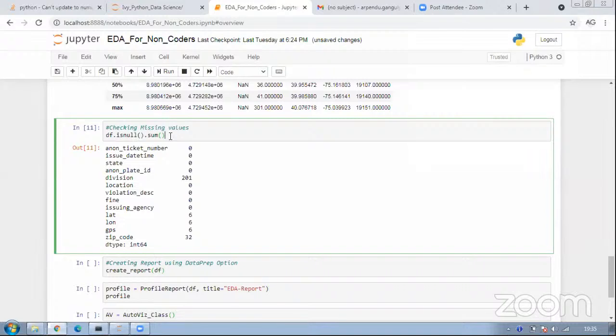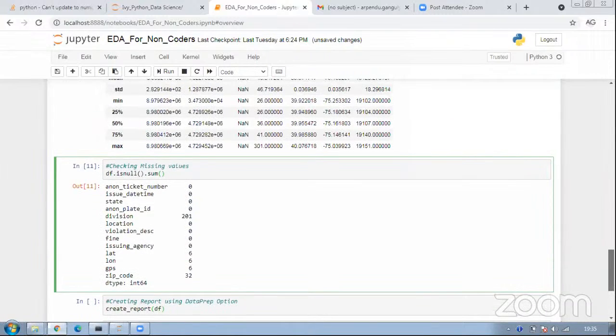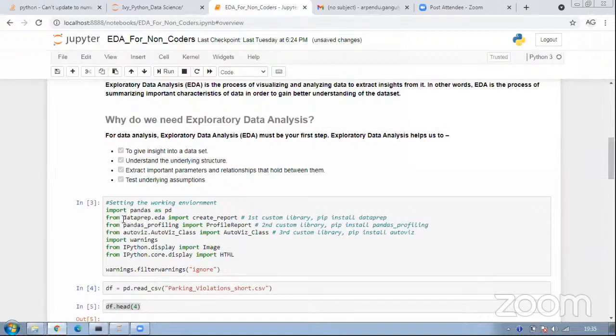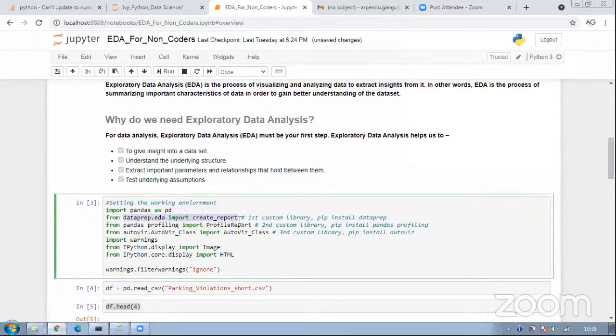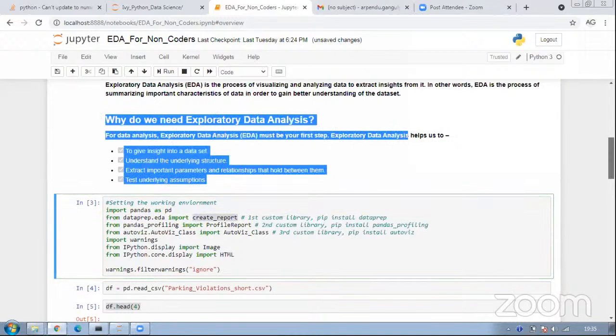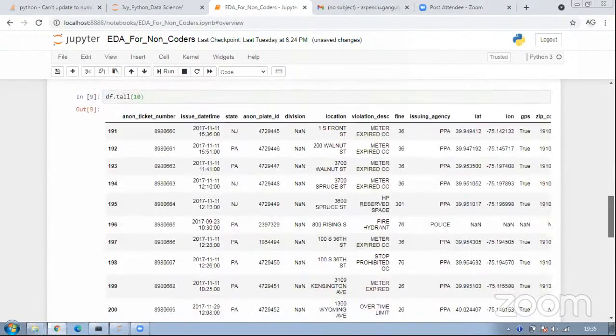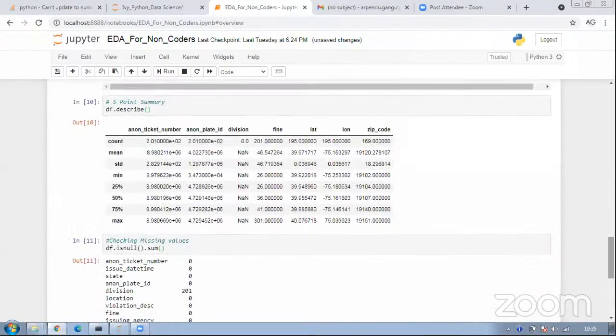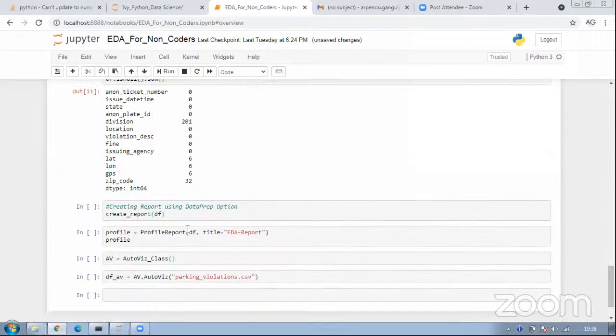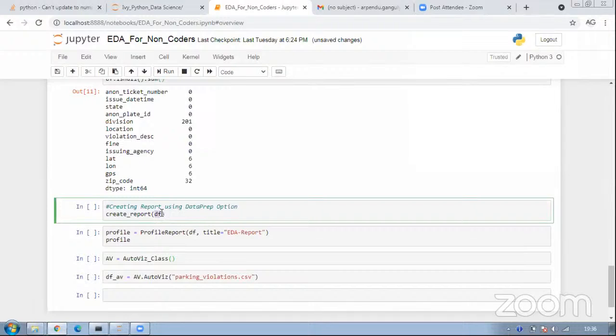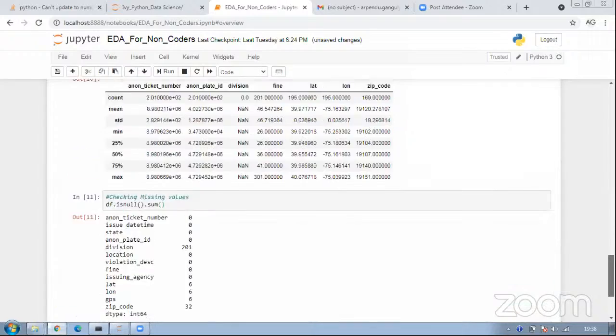So here comes the first package which I referred to, which is dataprep. Within dataprep, there is this beautiful function called create_report, and this can use all of your data. It's pretty simple in terms of the coding. What is the argument it is taking? df. What is df, guys? Simply, it's my data frame.